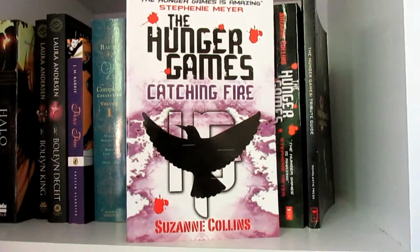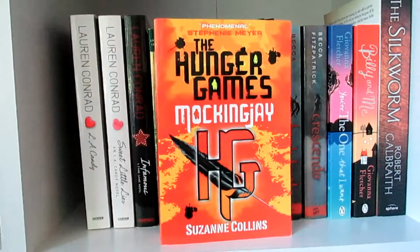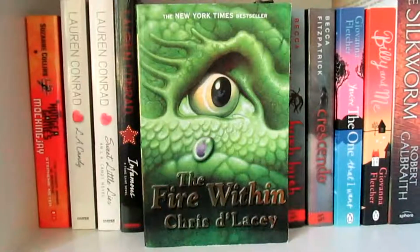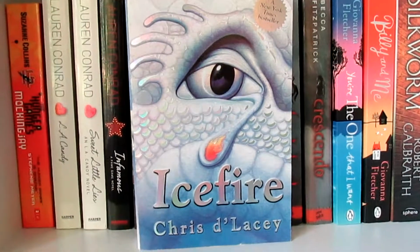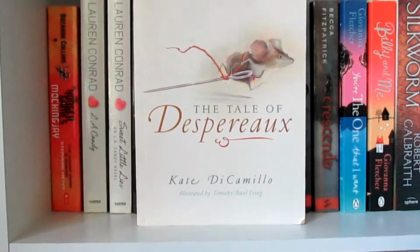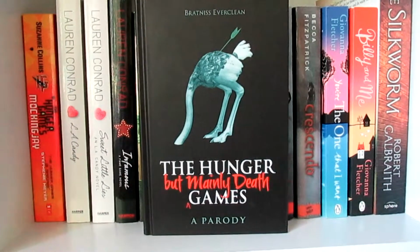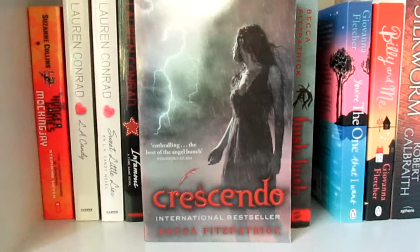Games Catching Fire by Suzanne Collins, The Hunger Games Mockingjay by Suzanne Collins, L.A. Candy by Lauren Conrad, Sweet Little Lies by Lauren Conrad, Infamous by Lauren Conrad, The Fire Within by Chris d'Lacey, Icefire by Chris d'Lacey, Moll Flanders by Daniel Defoe, The Tale of Despereaux by Kate DiCamillo, A Tale of Two Cities by Charles Dickens, The Hunger But Mainly Death Games by Brightness Everclean, Hush Hush by Becca Fitzpatrick, Crescendo by